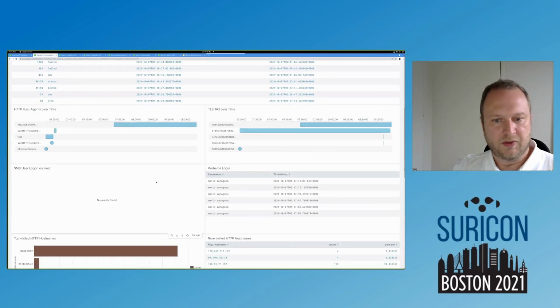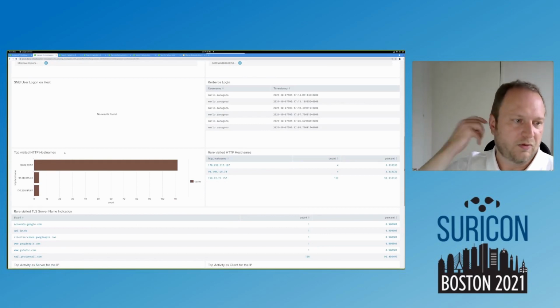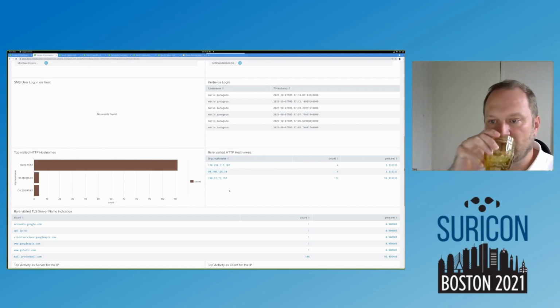And what we can also find is that we've got some Kerberos logins. So we see that Marlo Zaragoza did connect to VixBots multiple times. And by looking at the HTTP requests, we managed to get other information, like which is the most visited and the least visited host. In fact, here it's an Active Directory, so as you can see, we got just 3 hosts. We have really low HTTP traffic on this box, which is correct given that it's a server.